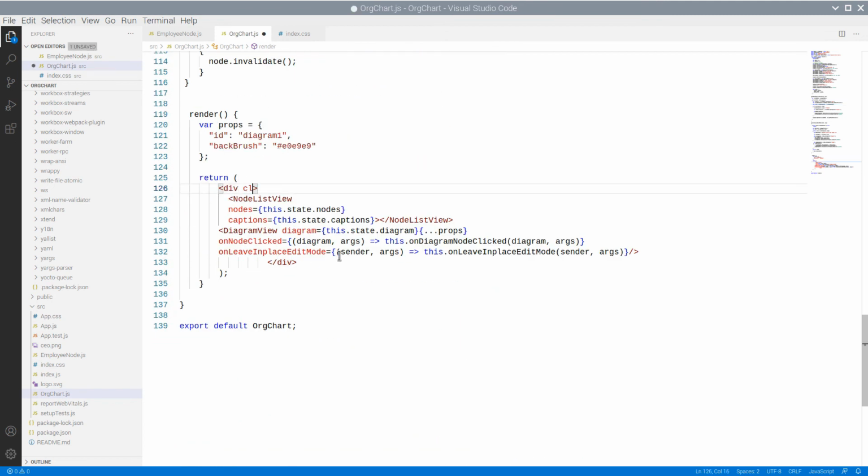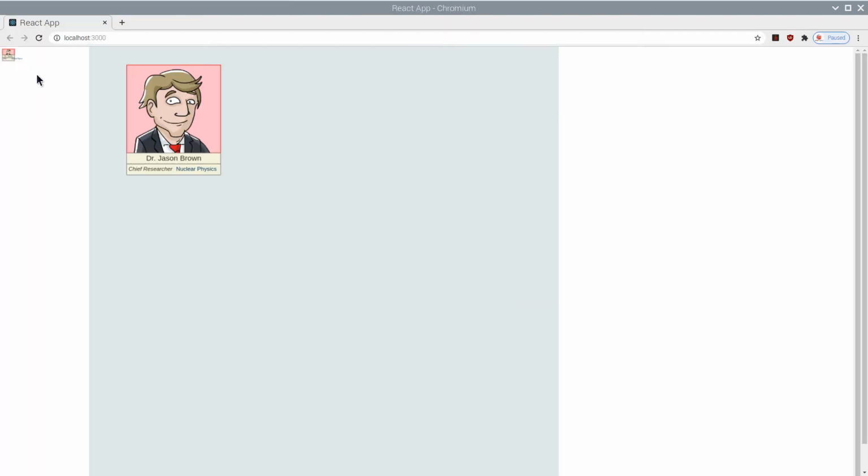Let's assign our new CSS classes to the respective HTML elements. The page looks much better.